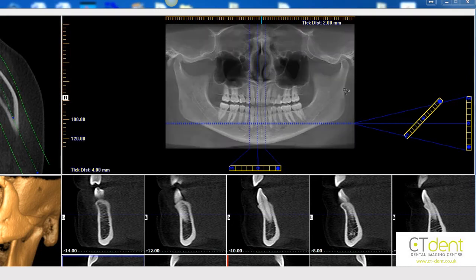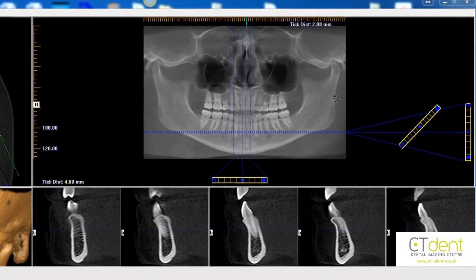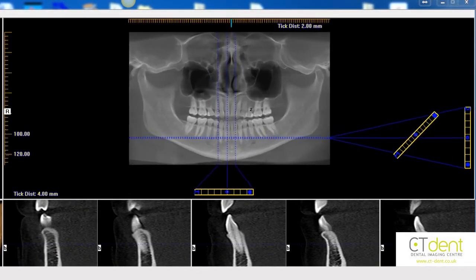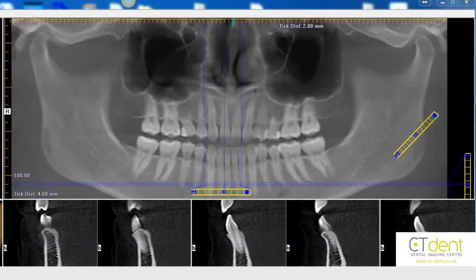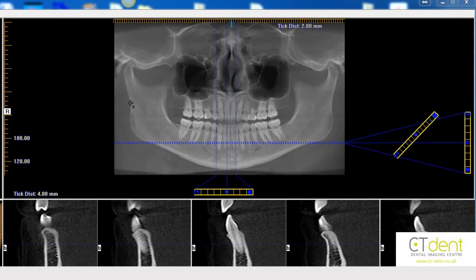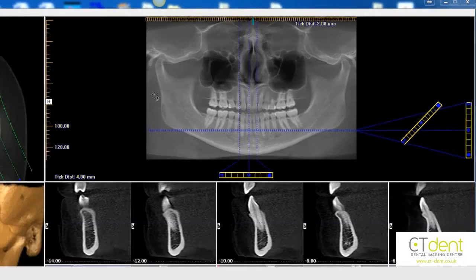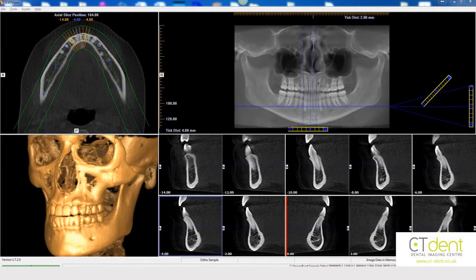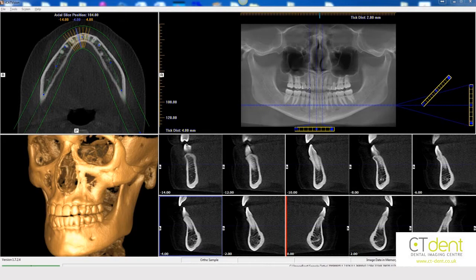If we position the cursor to the right of the image, Z shows. Standing for zoom, dragging the cursor up and down here will activate zoom in or out. If we now position the cursor to the left-hand side, the letter P will show. Standing for pan, this function allows you to pick up the image and move it around the box in which it is situated. These 3 tools are not limited to the panoramic view and can be used in the axial